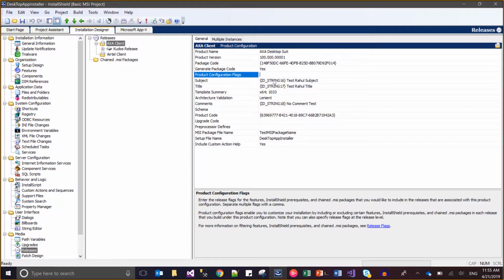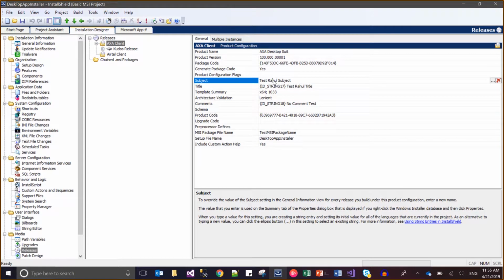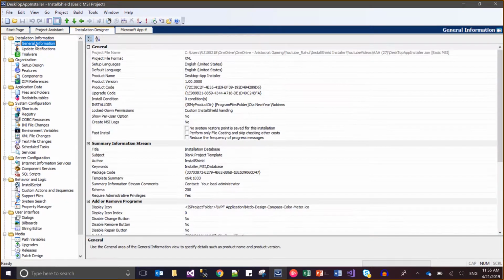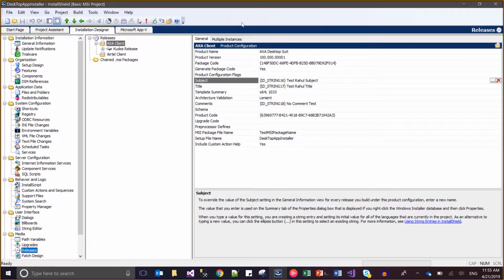Now come to this subject. This is just a subject; we saw the same thing in the general information: subject, author, template, summary, schema, and everything. So these are the same as shown in general. So I am saying it should be text Rahul subject. I have written the same, a different name here, so it could be